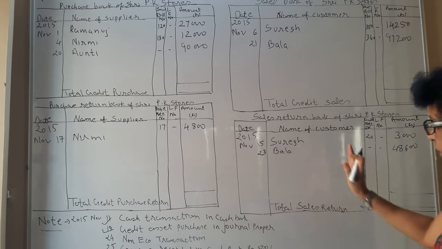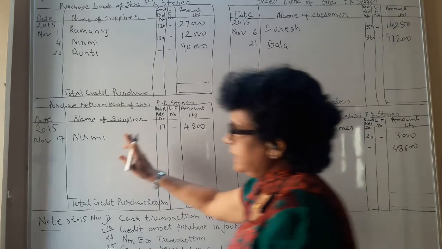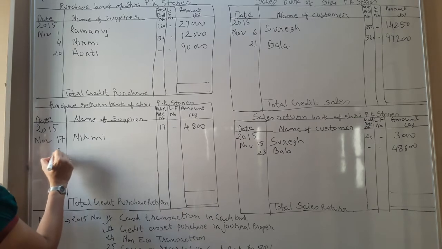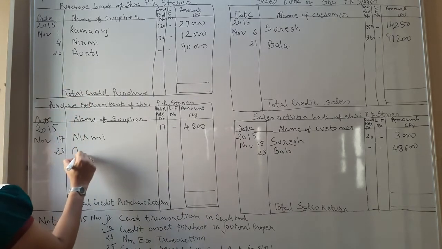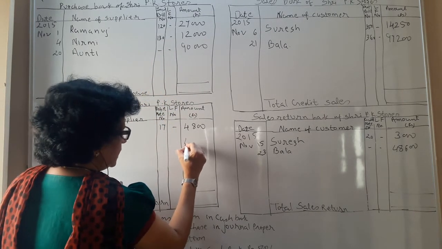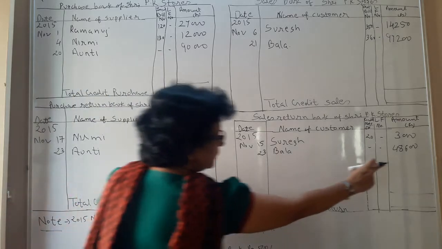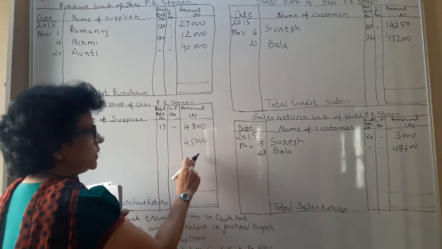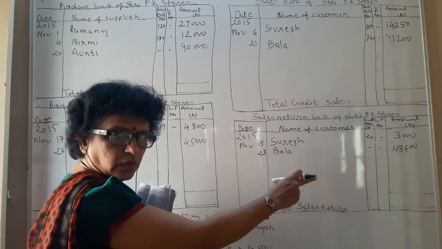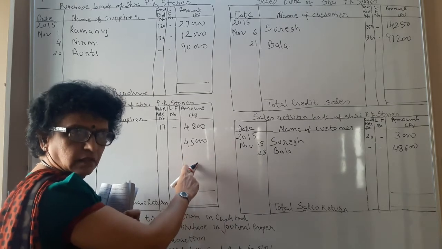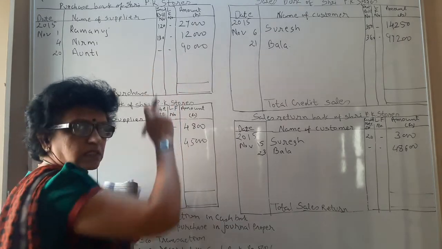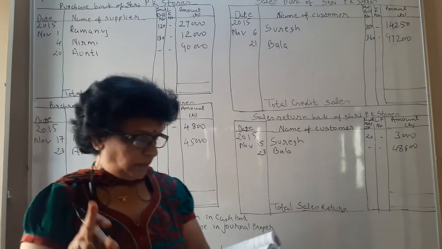Now the same goods you are again returning to the party from whom you have purchased. So on the 23rd, you also have an entry in the purchase return book, and 90% half means 45,000. Now see, here half is 48,600, here half is 45,000. Why? Because here we have added the profit. So that we have to subtract, and the sales return and purchase return figure is to be derived according to half of the original purchase price. This point keep in mind very well.